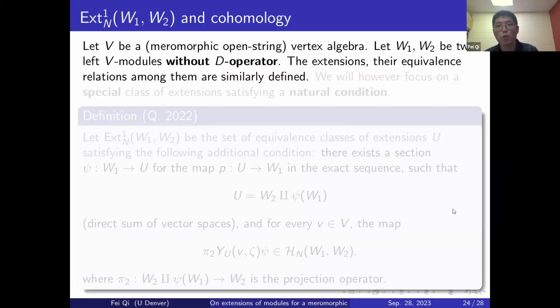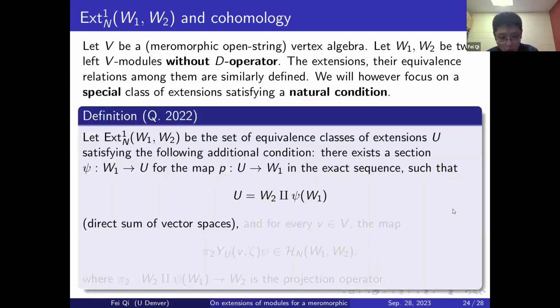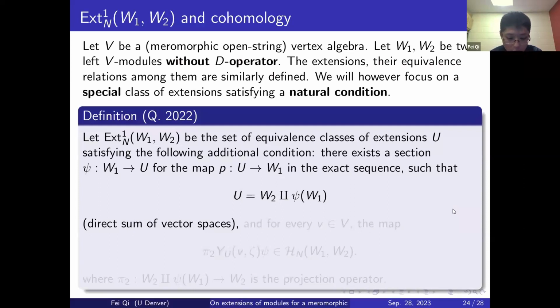However, to really characterize the general extensions, we will have to first focus on a special class of extensions satisfying some natural conditions. So we will use Ext_N^1 to denote the subset of equivalence classes of extensions such that there exists a section C